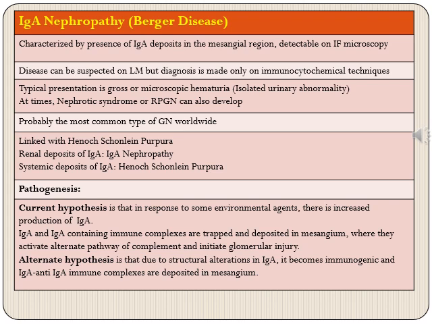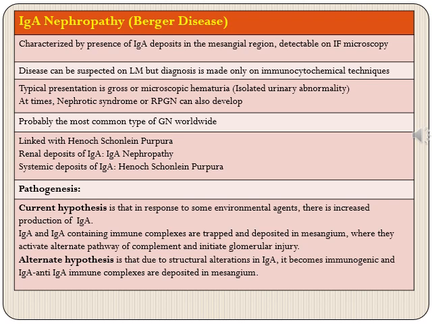So this is one mechanism where excess of IgA is produced and against them antibodies are formed, and these immune complexes of IgA and anti-IgA antibodies become trapped in mesangium and ultimately activate the alternate pathway of complement